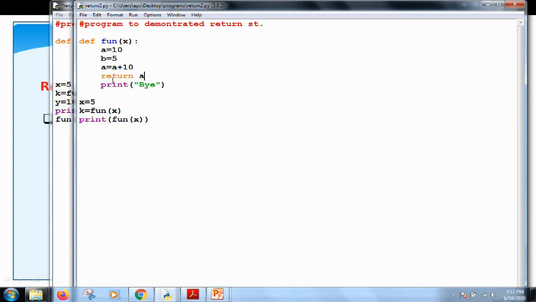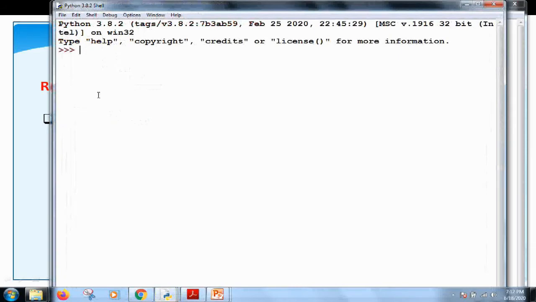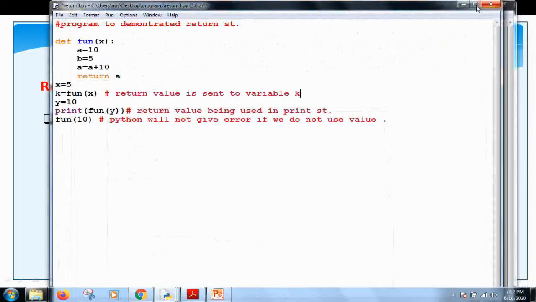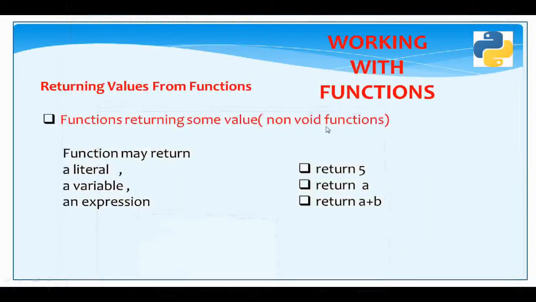For example, here as soon as the return a statement is executed, the control is returned to the caller function, and this print statement will not execute in this program. See, only 20 is printed in this case. So this is how the return statement helps us in calculating the values.